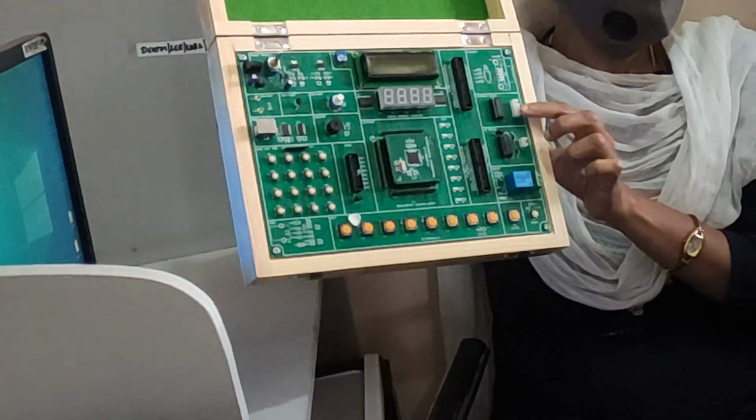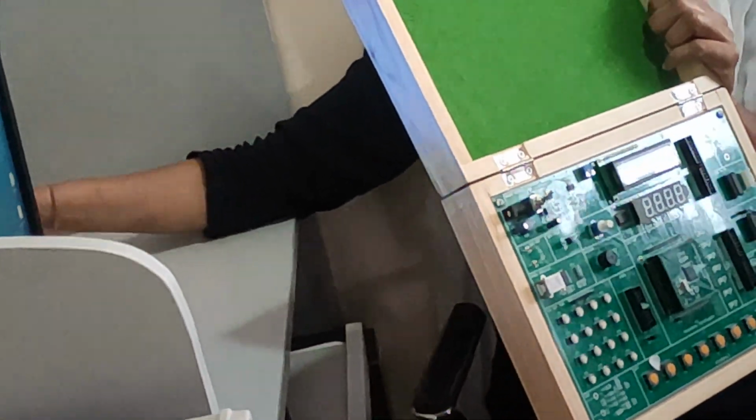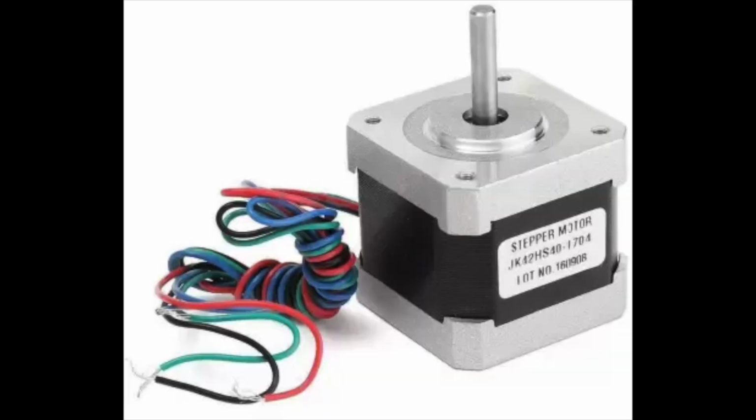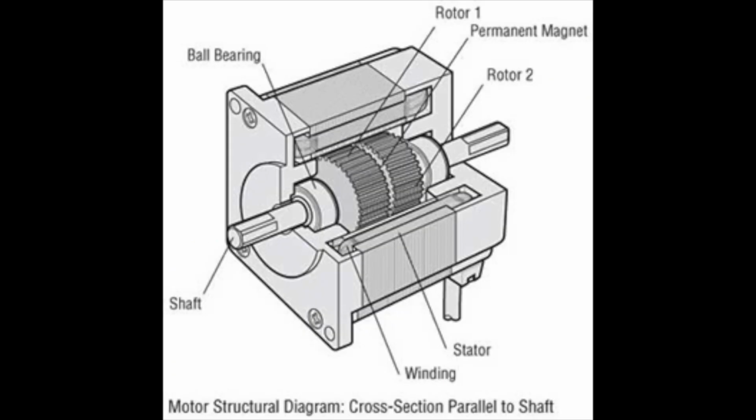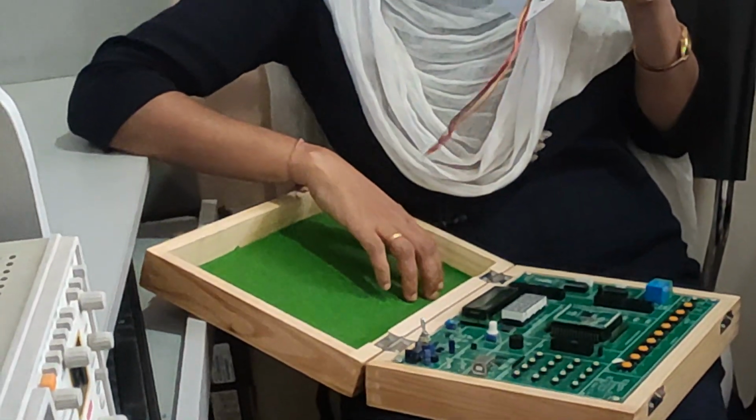Now these are the two important ports which we'll be using to connect the DC motor and the stepper motor. You have studied the stepper motor in module 4. This is how the stepper motor will look. You have just studied it theoretically, but in the lab we'll be seeing how practically we make the stepper motor rotate. This is the stepper motor. I will write the program, and with the help of whatever instructions I write, this stepper motor has to rotate. I cannot connect this motor directly to this machine, so I am doing it with the help of the controller.